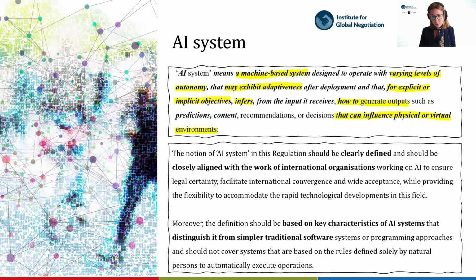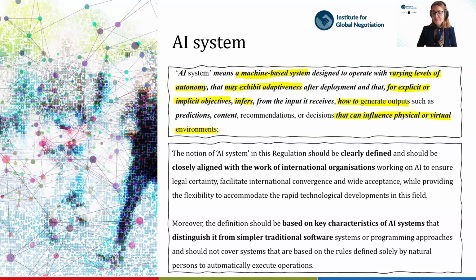This definition, for better or for worse, is extremely broad. Let me explain why. So machine-based means anything that's written in code and then some things that aren't written in code as well. Varying levels of autonomy. First, autonomy was used as a misnomer for automation. There is an ISO standard that actually says that, funnily enough. And this is basically due to lawyers writing the law that don't always have the best technical understanding. But trust me on this one, autonomy means automation, and varying levels of autonomy means everything from a 0 to 100. So as soon as you have your spam filter automatically sorting through your emails, that is degree 1 of automation.